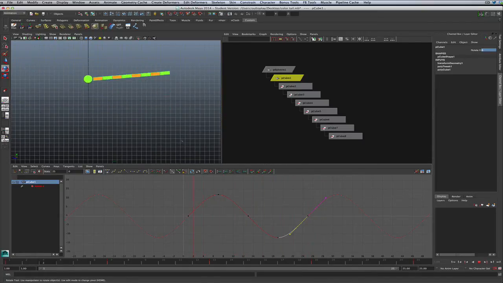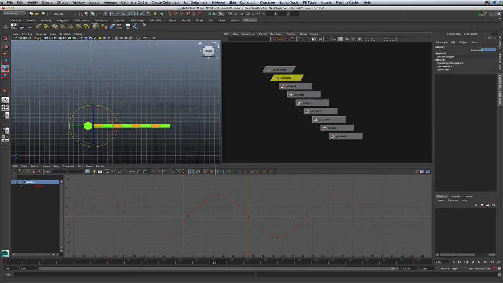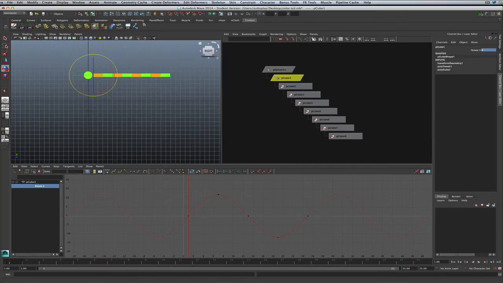So what you see is you can see the tail starting to respond to the primary motion, kind of getting a little bit of secondary, but we only actually have a key or have an animation curve on that first joint. We don't have any animation on these, so it's a fairly limited effect at this point. Okay? So what we can do is we can actually grab this animation curve right here off of that one first object. We can select it. We can go Edit, Copy, and then grab all the rest of that tail.